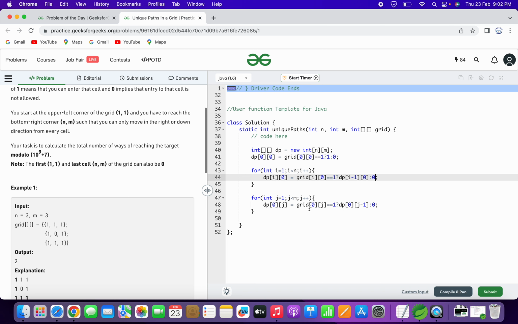Okay, so once this is done, now we need to traverse all the remaining cells. For that we will create a double for loop here. Int i is equal to 1, i less than n, i plus plus, for int j is equal to 1, j less than m, j plus plus,